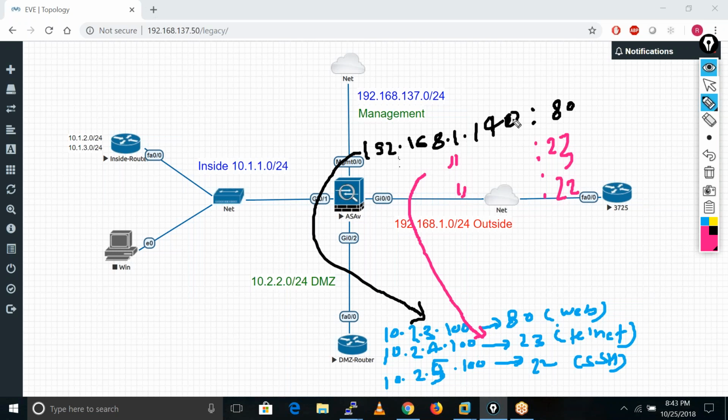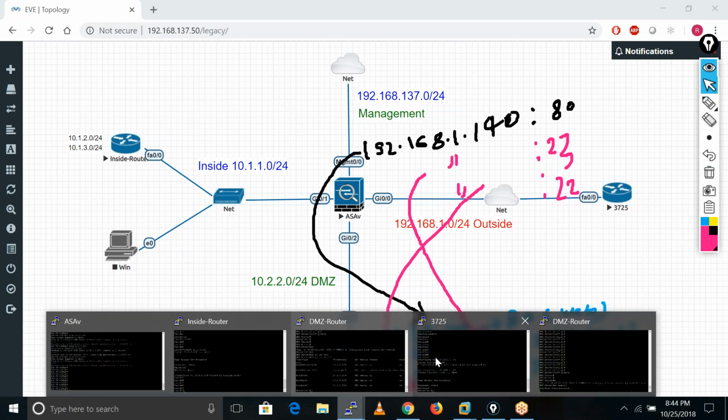If it gets the request on this IP address and port number 22, it forwards this request to this server, 10.2.5.100. Now we are going to configure this scenario, because maybe in a real-time scenario you get these kinds of scenarios. That's why I'm covering that aspect as well.